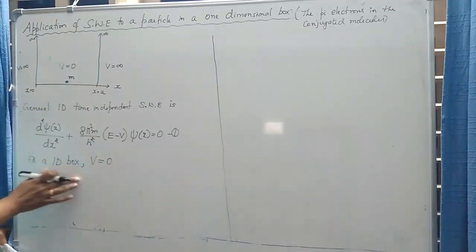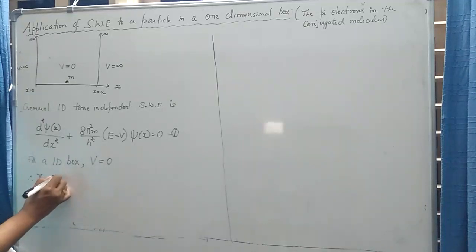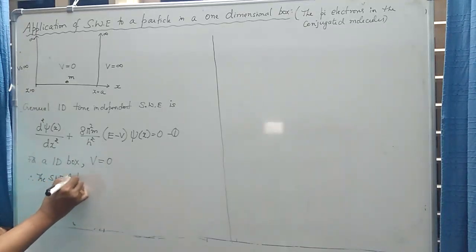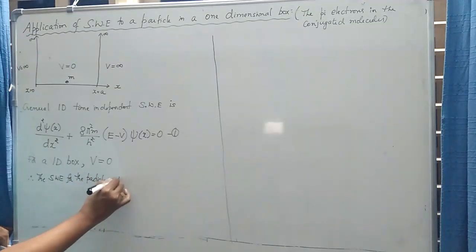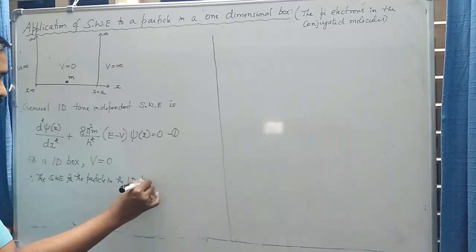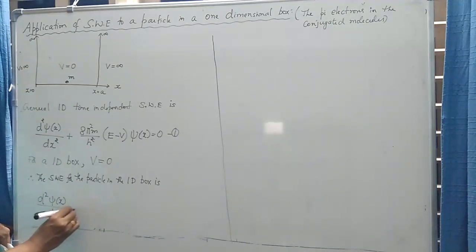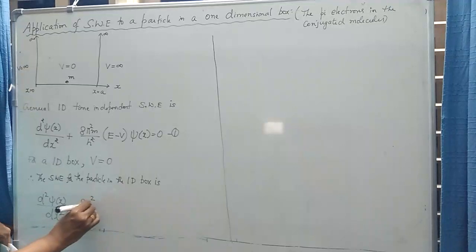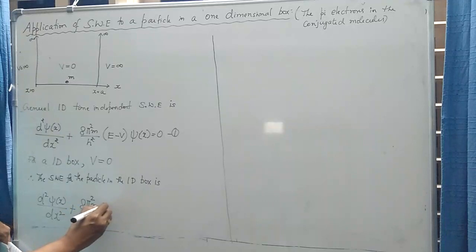So if I substitute this condition in equation 1, the Schrodinger wave equation for the particle in the one-dimensional box is d square psi of x divided by dx square plus 8 pi square m into E minus V, but V is 0, so 8 pi square m E divided by h square into psi of x